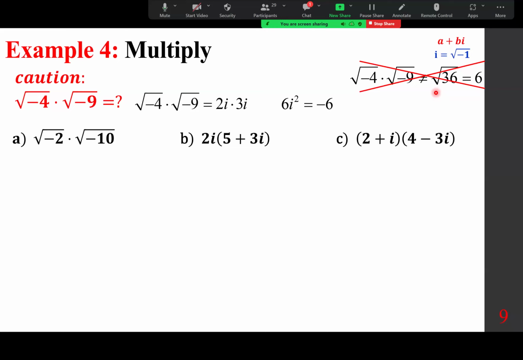So what do we do here? Square root of 2 times i, or i times square root of 2. Square root of 10 times i, or i times square root of 10. So we have to get rid of the negative sign by changing it to i. These two result in i squared. This 2 is square root of 20. Now,